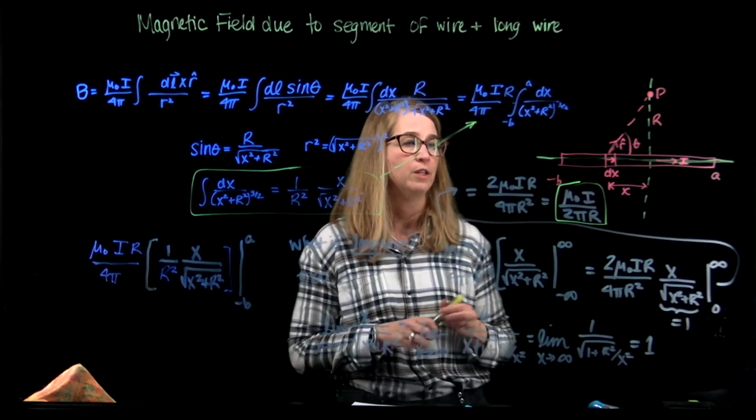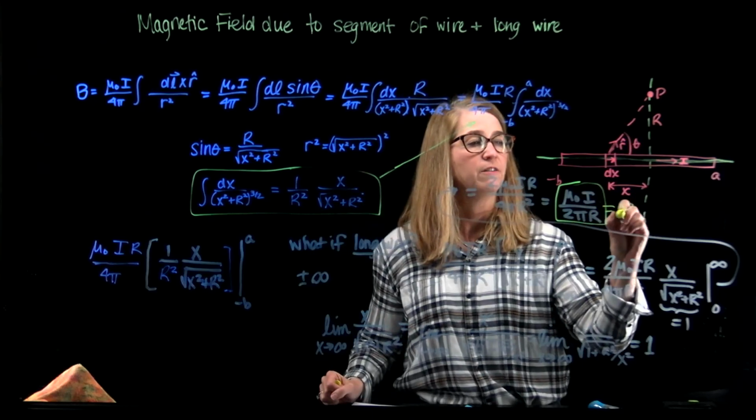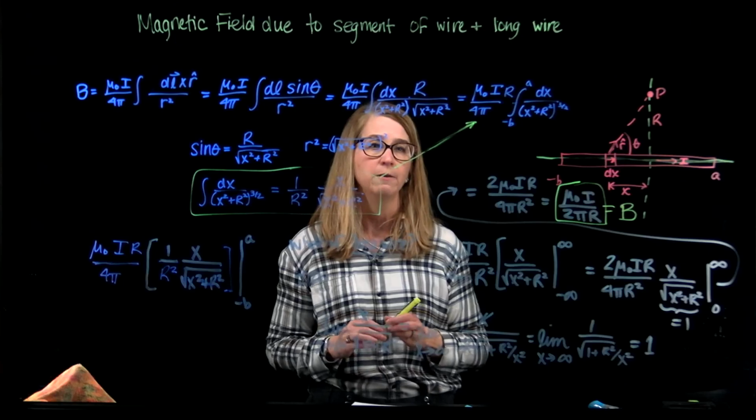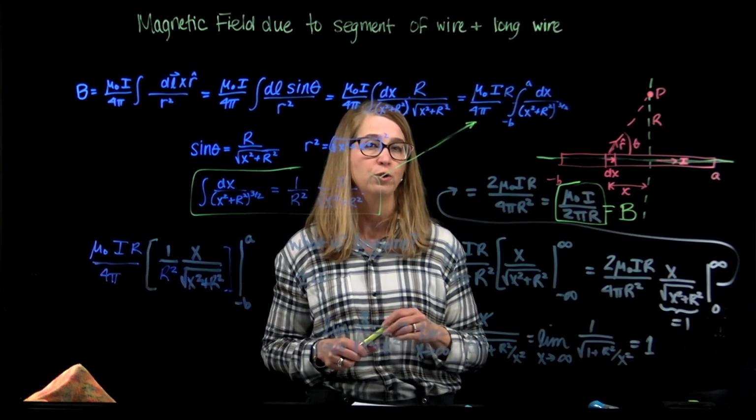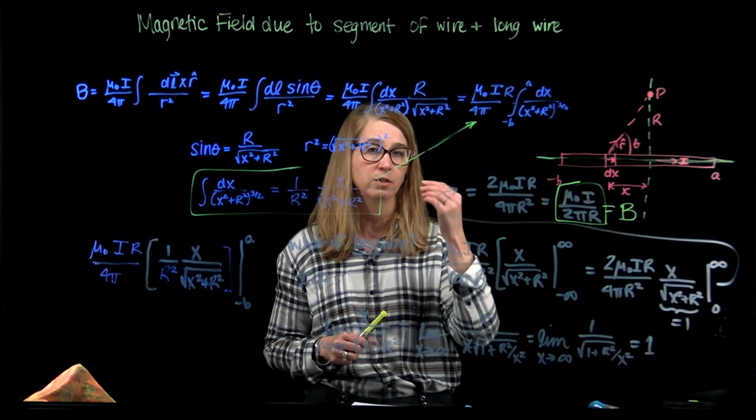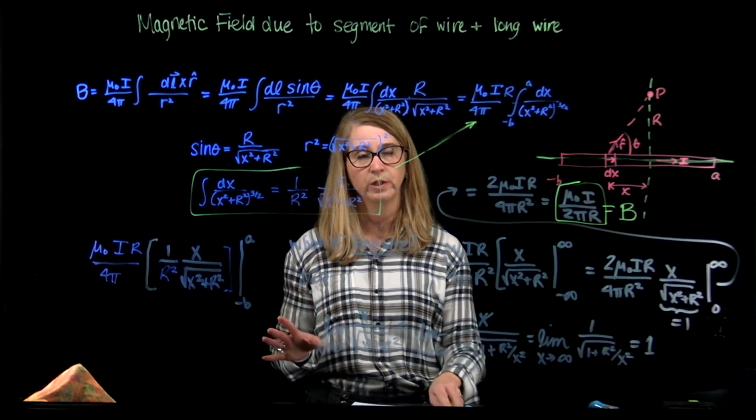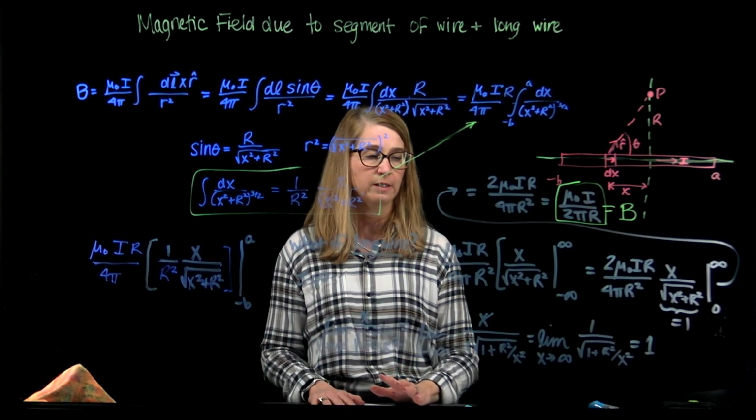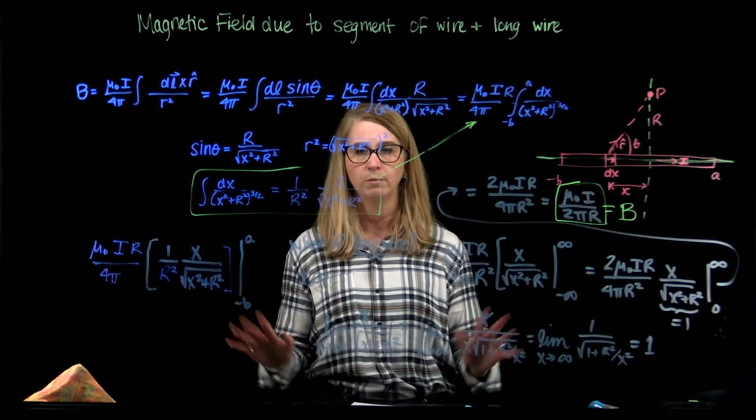This is something you want to remember. The magnetic field of a long wire is mu naught I over 2 pi r, where r is the distance away from the wire. So I just wanted to go through how we might get to that. I know it was a little complicated, but hopefully